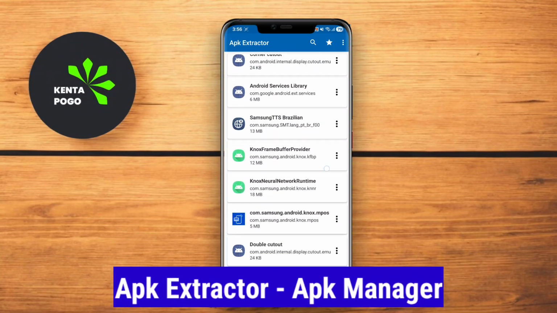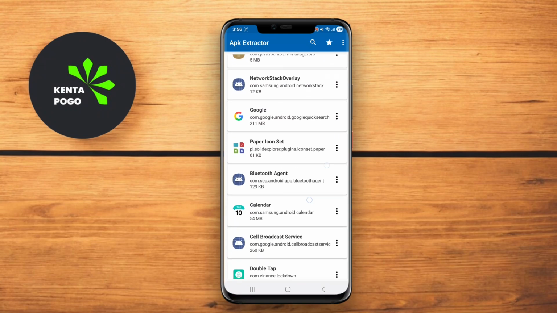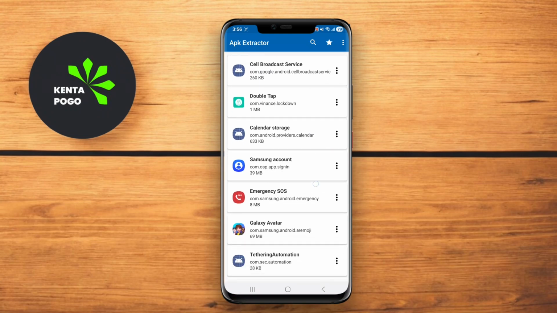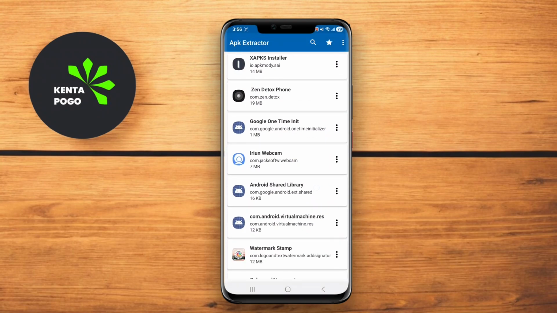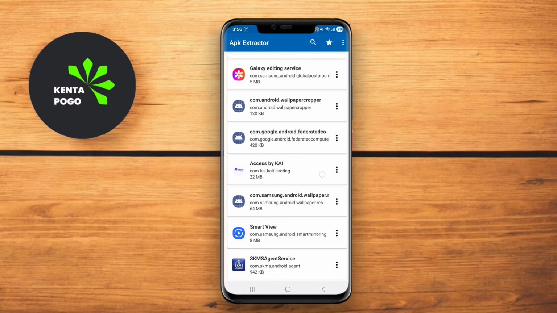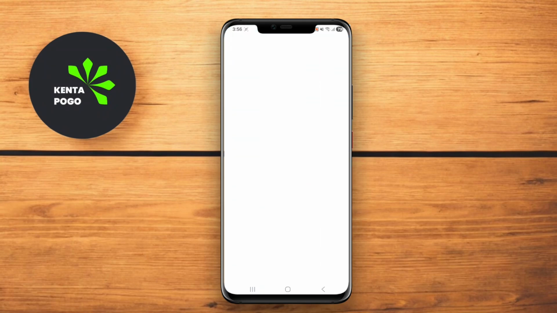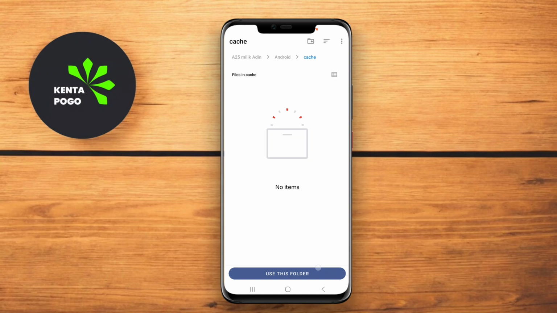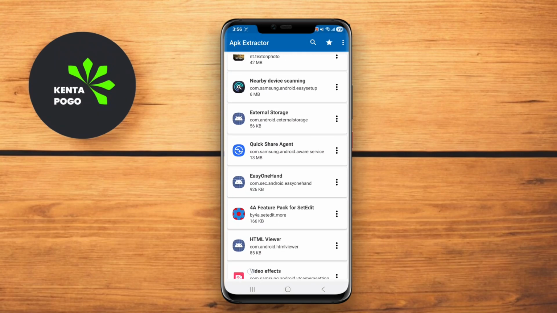APK Extractor, APK Manager. APK Extractor APK Manager is a straightforward app designed specifically for extracting APK files from installed applications. This app offers a clean and simple interface, allowing users to easily choose the apps they wish to extract. The extracted APKs can be saved to the device storage or shared with others, making it convenient for backups or